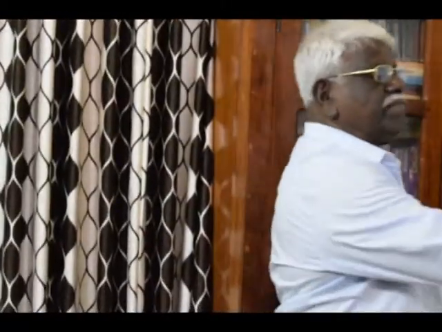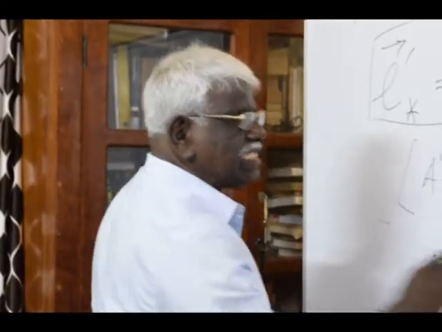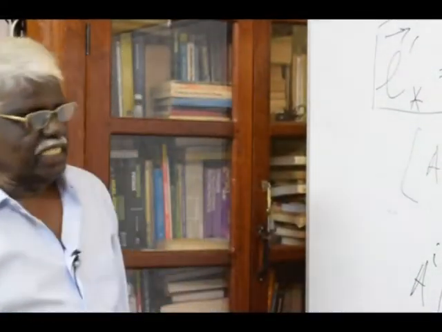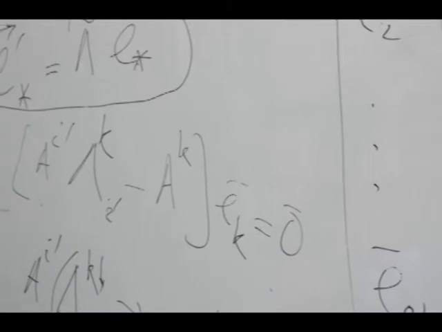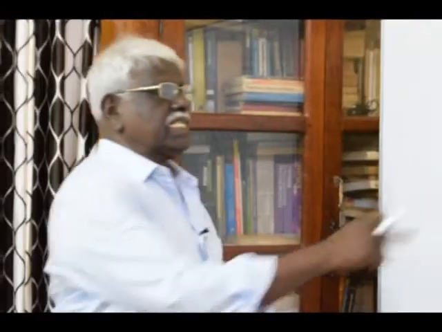What does it mean? It means that the term within the bracket times ek, summed over k, vanishes, showing that the term within the bracket must vanish, because e1, e2, ..., ek, ..., en constitute a linearly independent set of vectors. Then the term within the bracket has to vanish, and we write